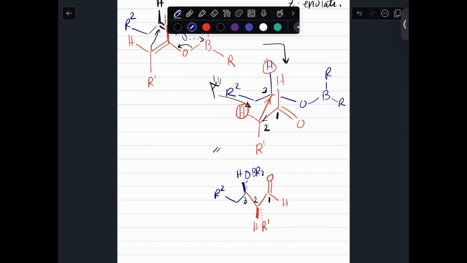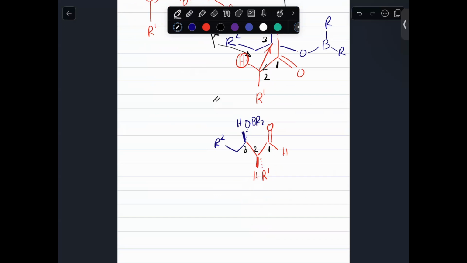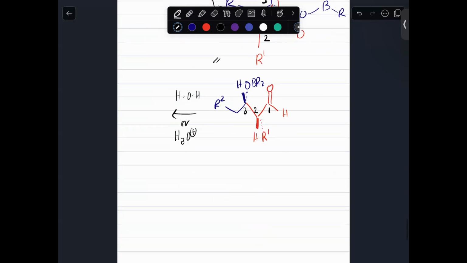Okay. Now I'll go ahead and protonate. I should have protonated, but that's okay. You can protonate with water or acid. Regardless, it still gives us the same stereochemistry. But Dr. Lucero, this has my hydroxyl group and my R1 group dashed. Well, no,